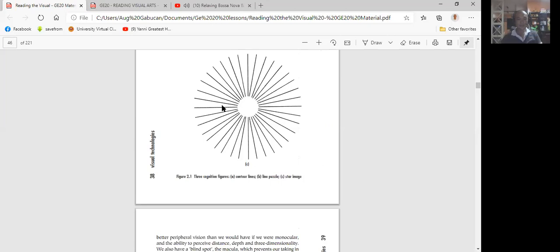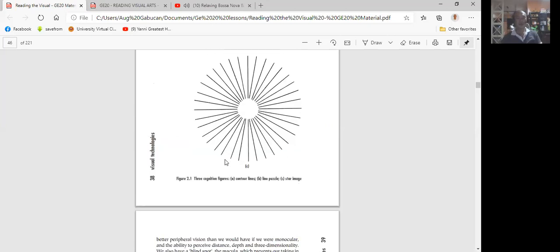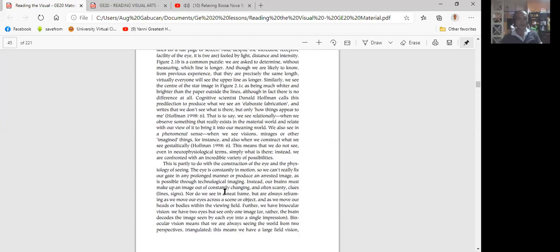So we seem to presume that the light here is brighter, but actually there's no difference at all. So these are just examples of how our brains and our eyes can be fooled by what we see. We also see phenomenal sense. We see visions, mirages, and other imagined things. So for instance, also when we construct what we see